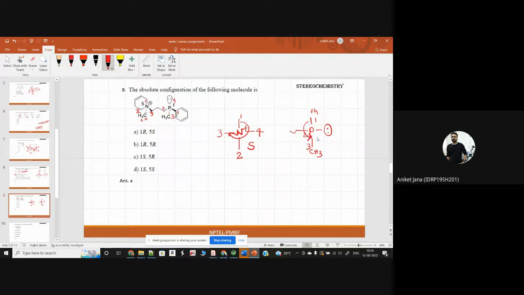So what configuration is this? This is anti-clockwise. And the lone pair, the lowest priority, is in the horizontal plane. So it will be